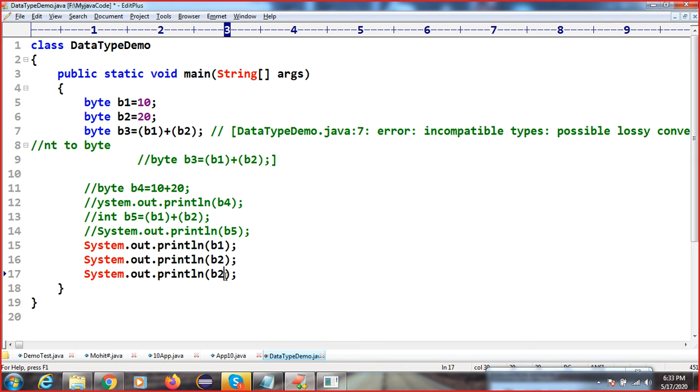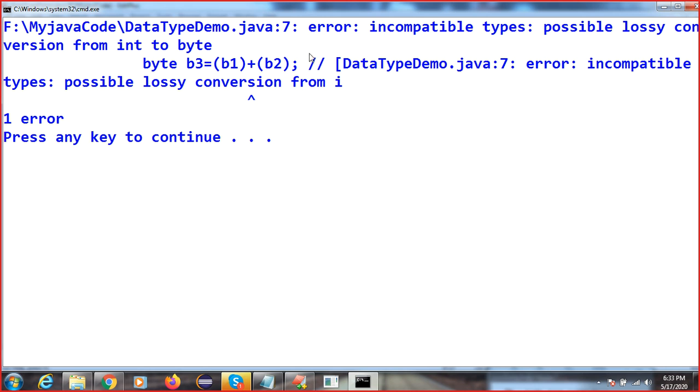Okay, so this is a common error that sometimes will come, so you need to understand this concept. This concept is applicable for all the data types and you will get the same error. If I compile this code, I'm getting an error here.